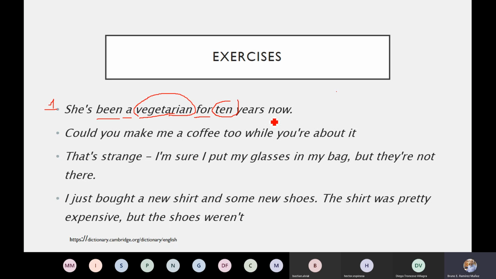Okay, so in the exercises that you have in this slide, what I want you to do is circle the words that are used in their strong form, and underline the words that are used in a weak form. Do you think that between 5 to 10 minutes is okay? Yes. Okay, so between 5 and 10 minutes, and then we analyze your answers, all right? Alrighty, good luck, guys.